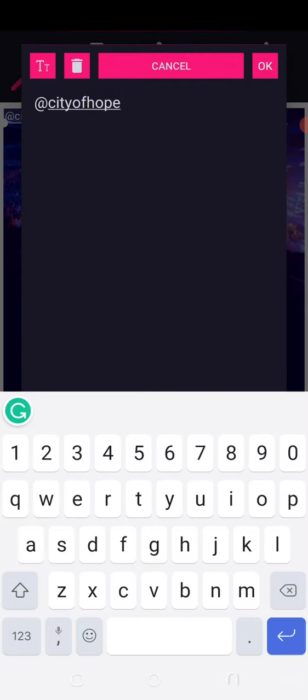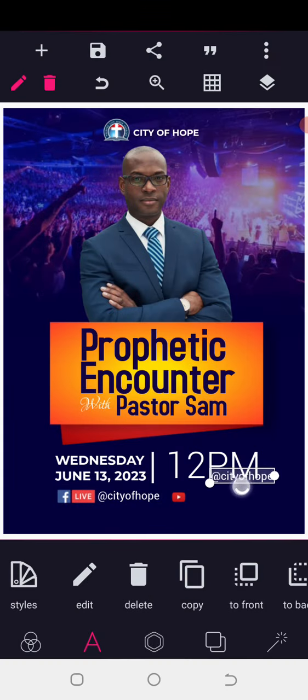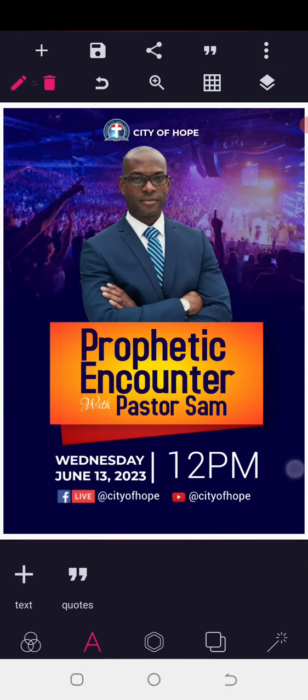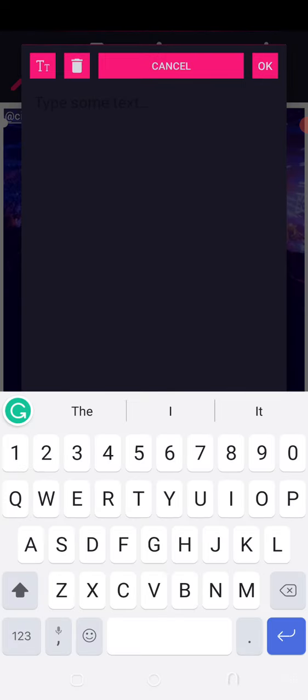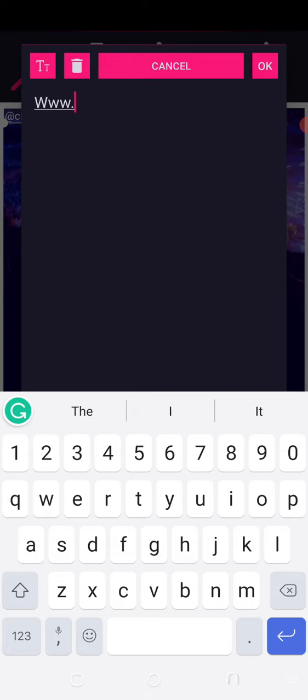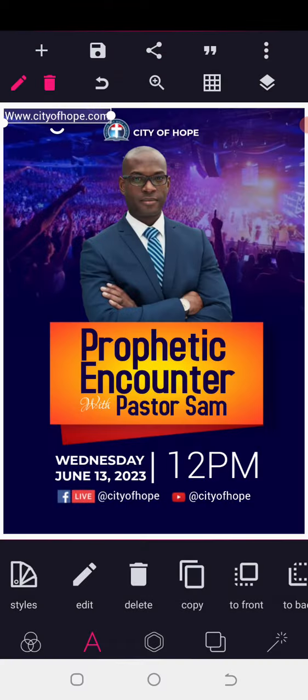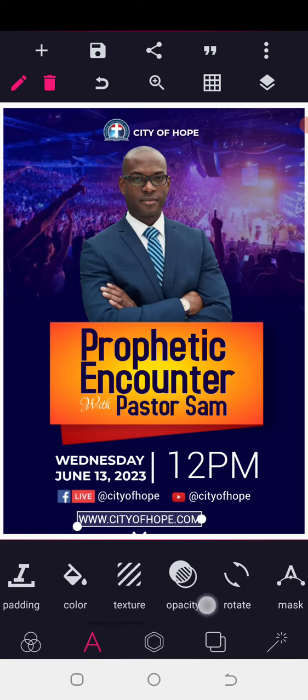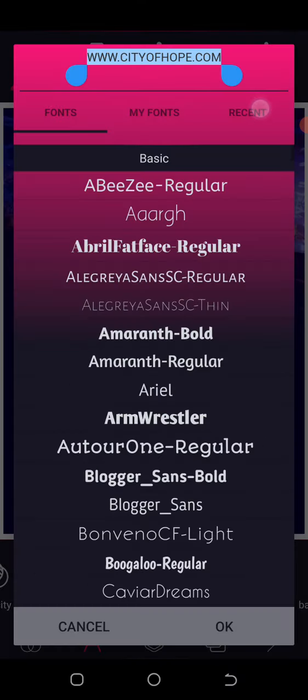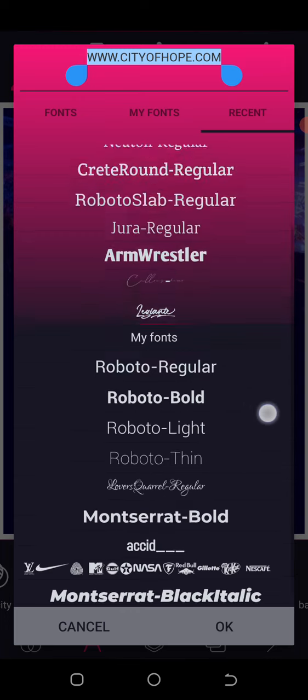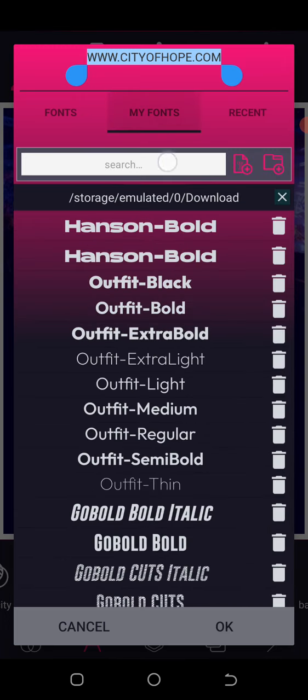The next thing, we still have the same stuff to be positioned. Okay, perfect. So now put the website, www.cityofhope.com. Position this, let everything be in capital letters. Then you can have the font changed to Matizera or Roboto, depends. So I'm thinking I should adjust this to